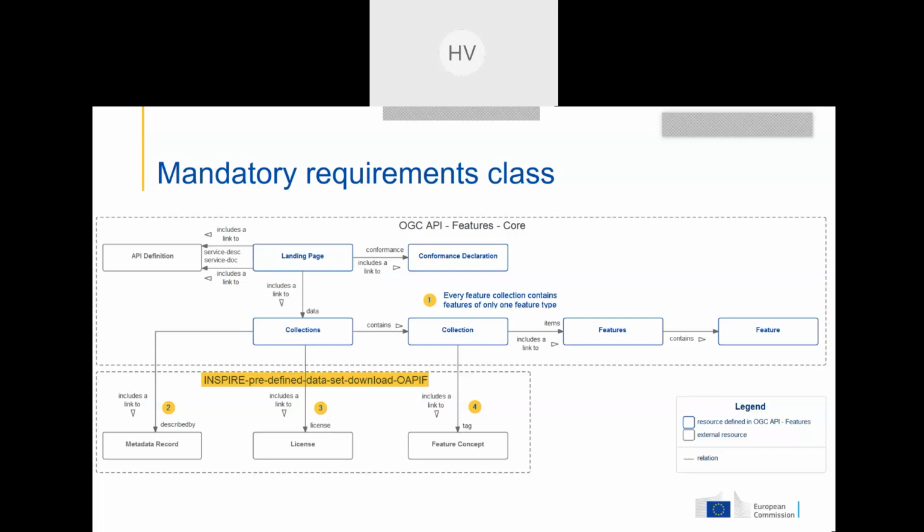A fourth requirement is that there must be a link to the Inspire feature concept dictionary, so you can say what features do we use? Is this an address? Is it about buildings? Is it about something else? That's a relatively new requirement for those that have been looking at the spec early on, and that is to solve an issue that we had originally, another requirement placing restrictions on the ID of the collection which is used in the URL. So it's basically to help relax that other requirement that we say, okay, then add a link to the Inspire feature concept dictionary. Next slide, please.